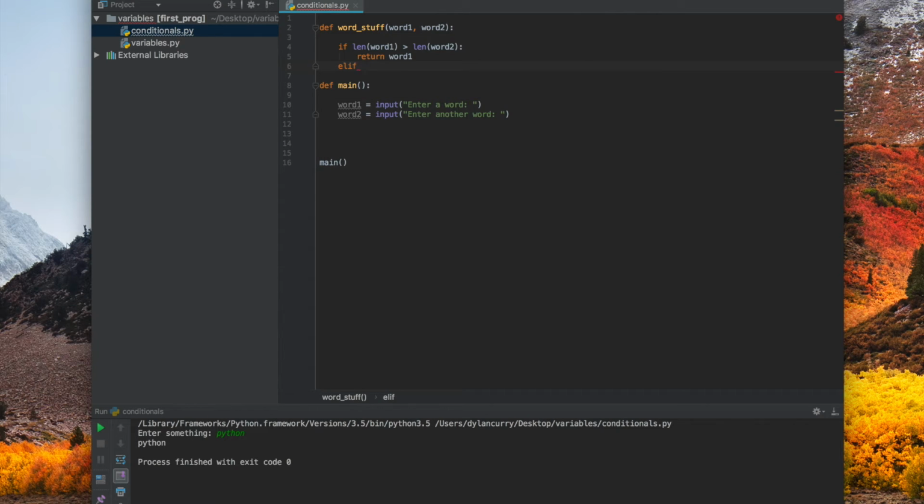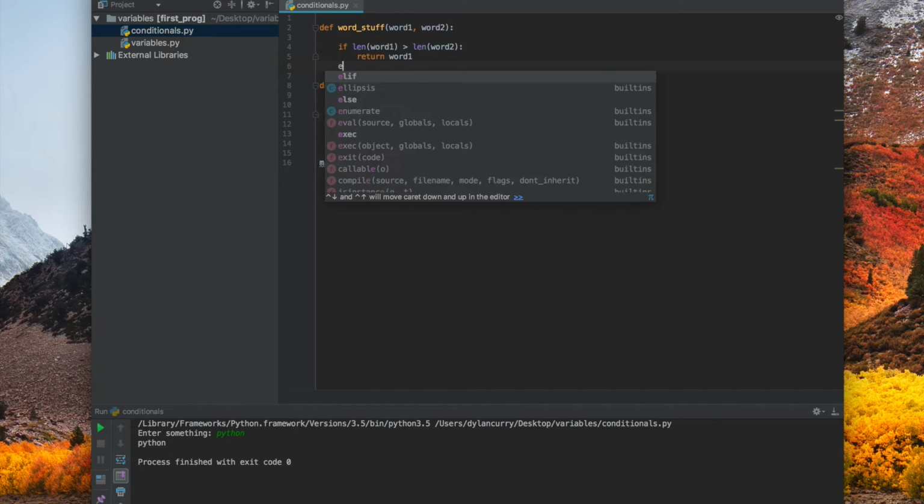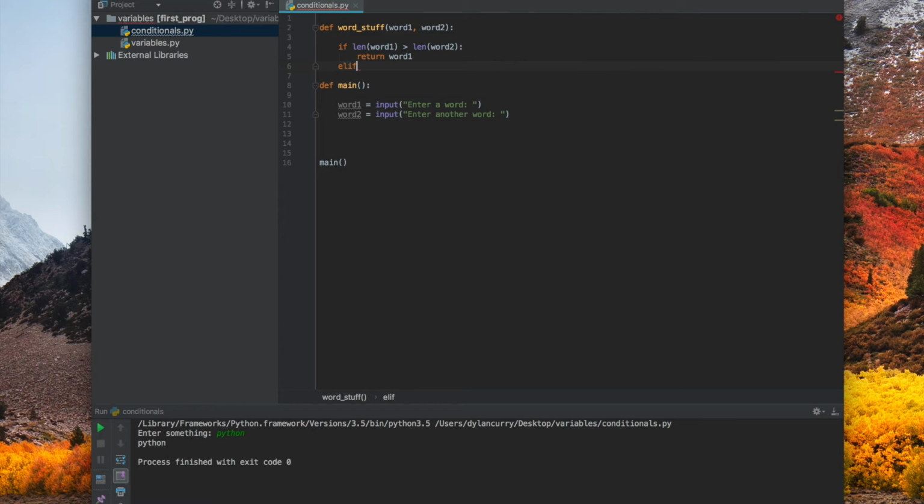So we can add another condition. This is kind of like another if, but it's slightly different in that if you type another if, it's like a standalone thing. It would just go through and check if this, if this, if this, and it would run all those. This is else if. So you could just use another if, but if you do elif, it's basically short for else if,